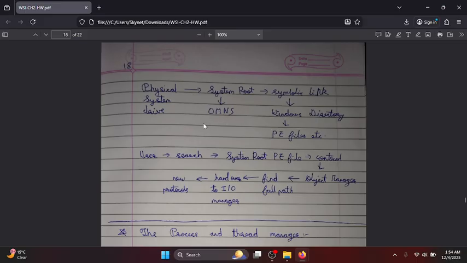Like we discussed earlier, in the kernel there is the object manager, and the object manager has an object manager namespace, which has all the kernel objects. Now, the significance of this system root is that it acts like a symbolic link; it redirects the system to the Windows directory. So what we are trying to say is, if we implement system root into the system drive,